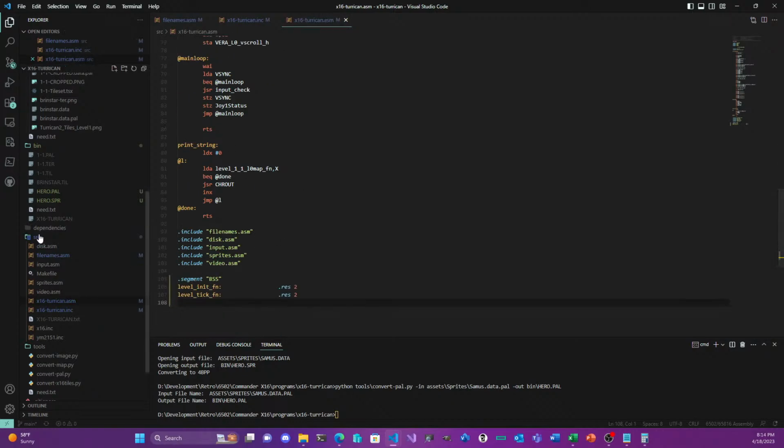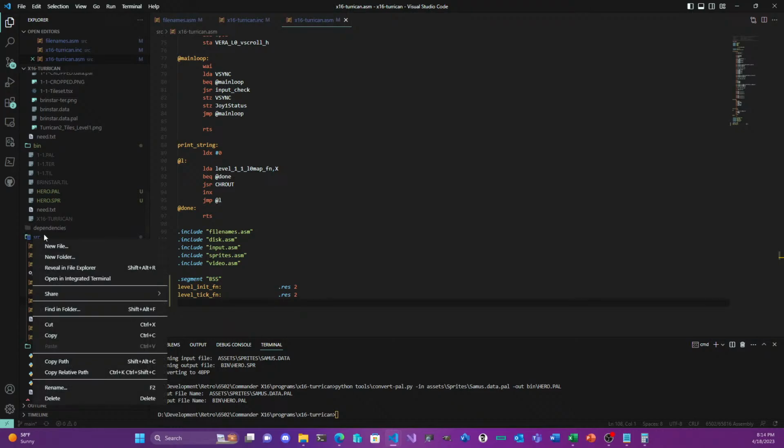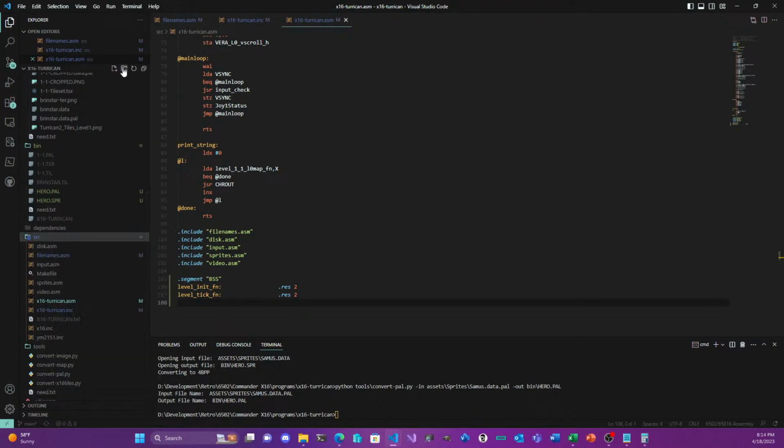Alright, good. And then we'll set the level codes individually. So if we do level 1-1 ASM,